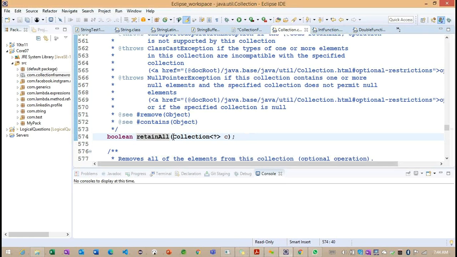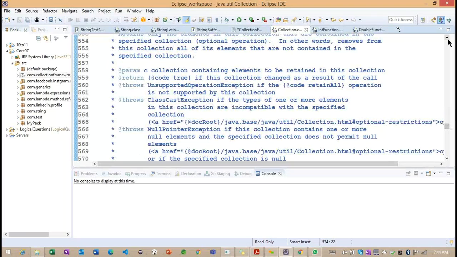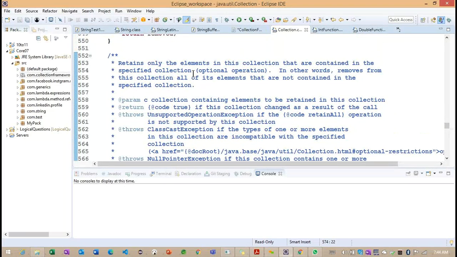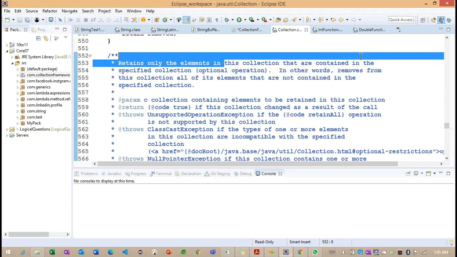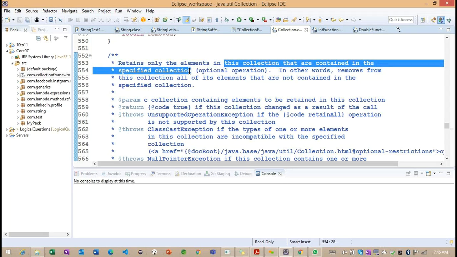Now you can see this particular retainAll method is going to be implemented differently based on the implementation class. The purpose here is to retain in this collection the elements that are contained in the specified collection. Getting the point?